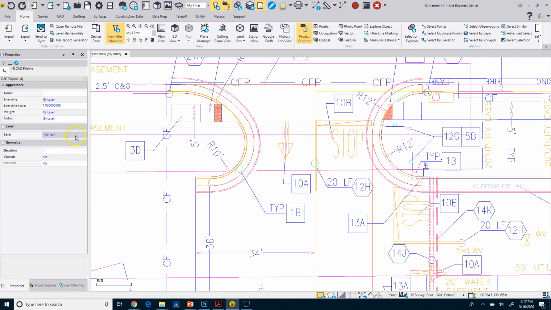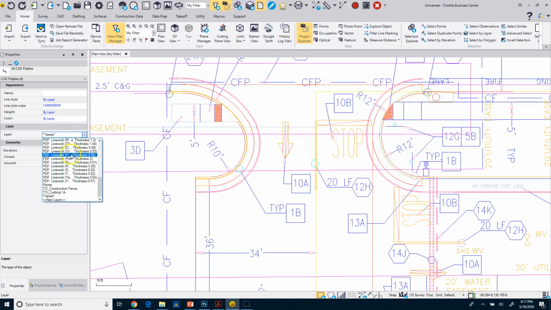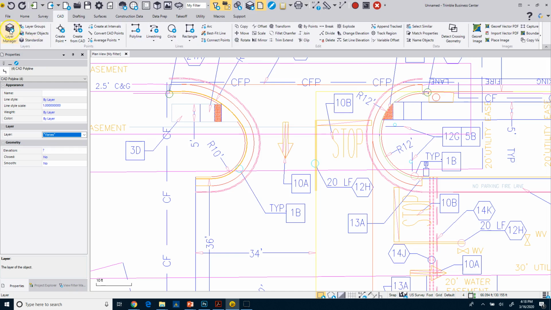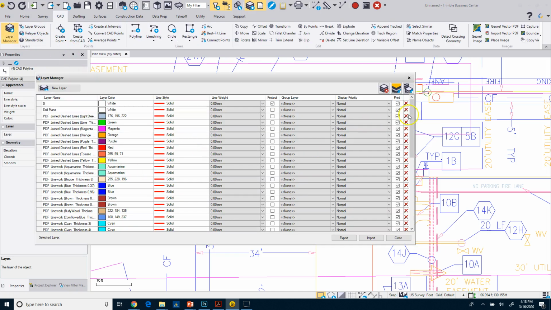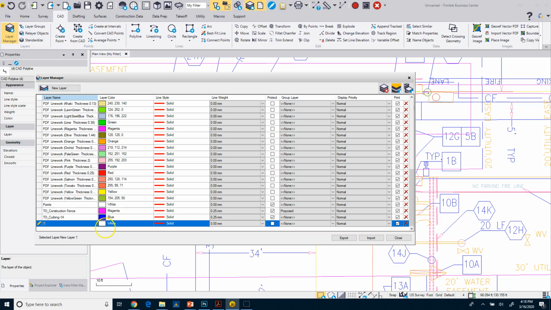Now, I can simply come over here to my properties, or I can right click and go to properties. And then under properties, I can just set that layer to 1A, or I can create a new layer. So what I would recommend you do is, either before you start this process, go to CAD, go to the layer manager, and create those layers. So I already have one for 1A, and I need to make one for 1B. So I'm going to go new layer, and I'm just going to call this TO for takeoff underscore curbing